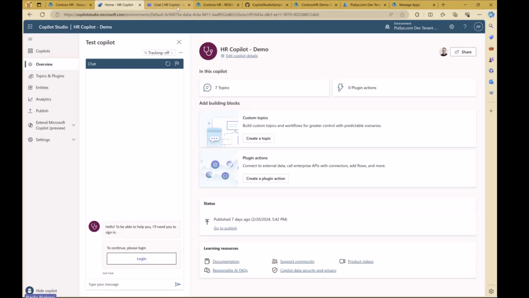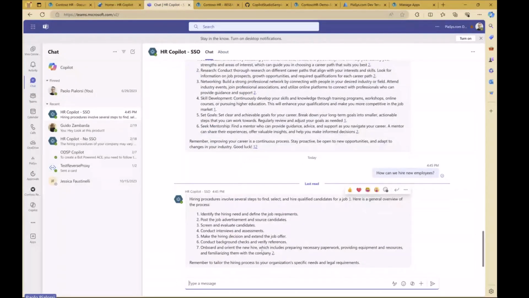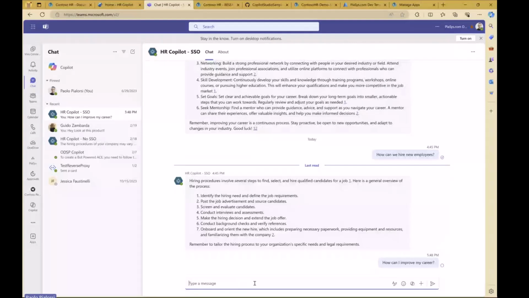And of course, we can do that from Teams, as I was telling you. So I can say, for example, something like, how can I improve my career? And through the bot, I can get an answer based on the actual content that I have in my documents. But I also want to be able to make the same kind of queries using a chatbot